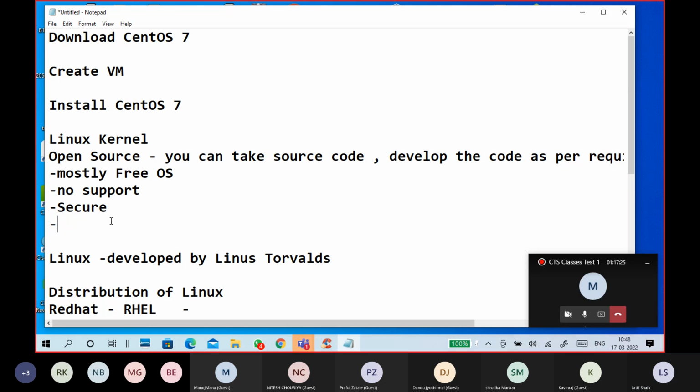Normal users cannot use it directly because it's not user friendly anyway, so maybe because of that it is secure. Second, it is mainly CLI based. GUI interface is very less, so obviously that gives another security reason. Third one is the